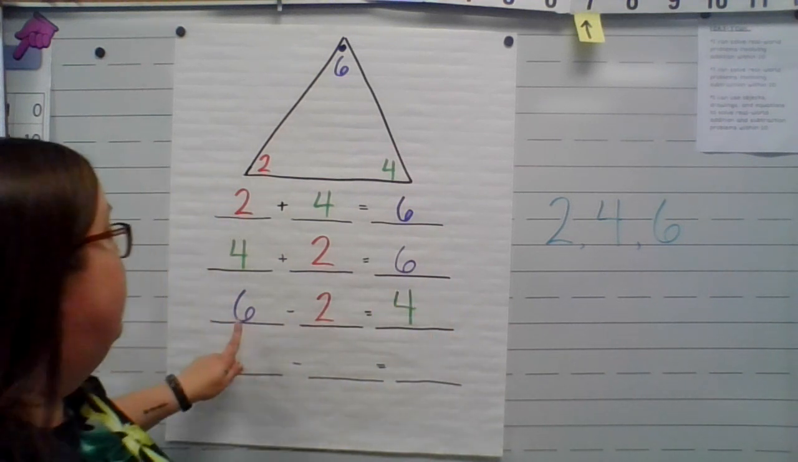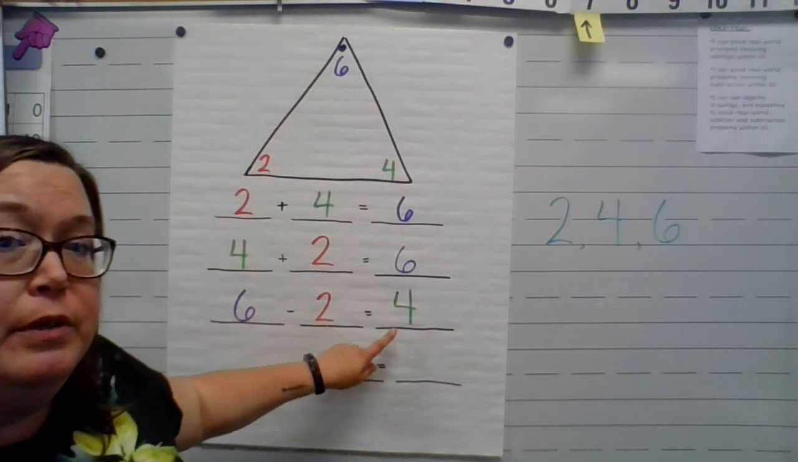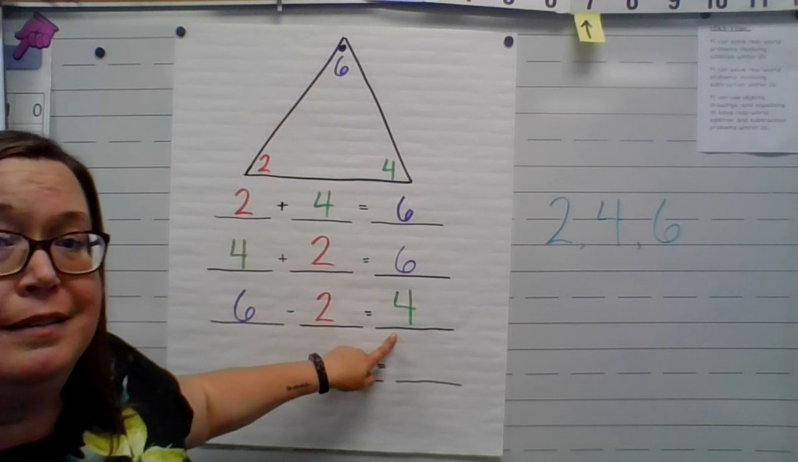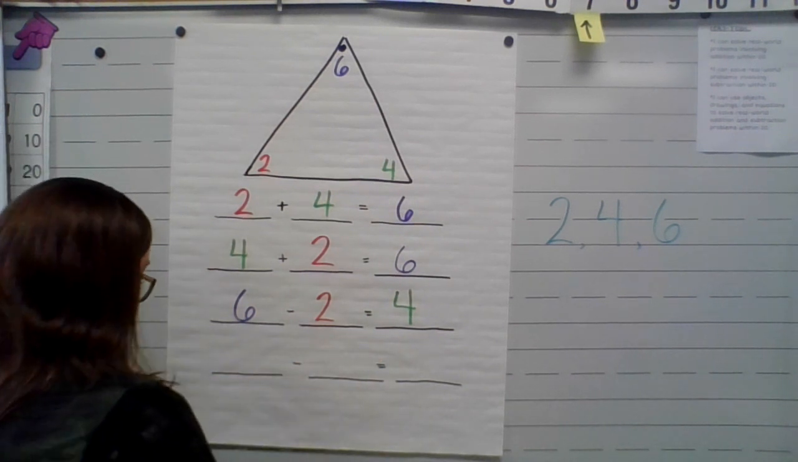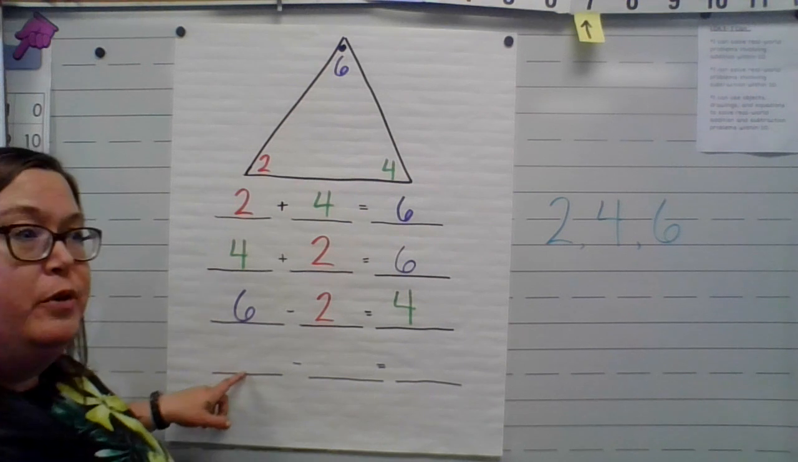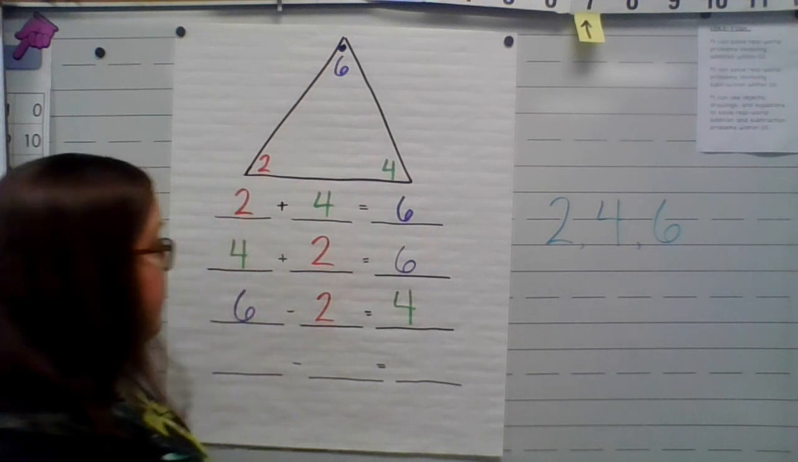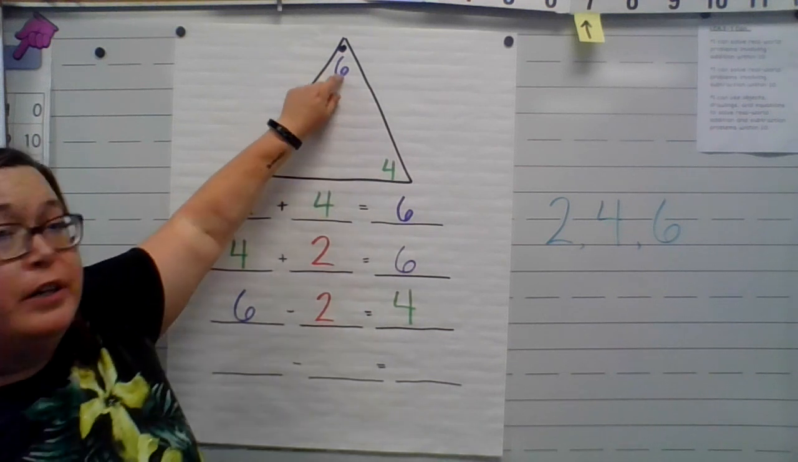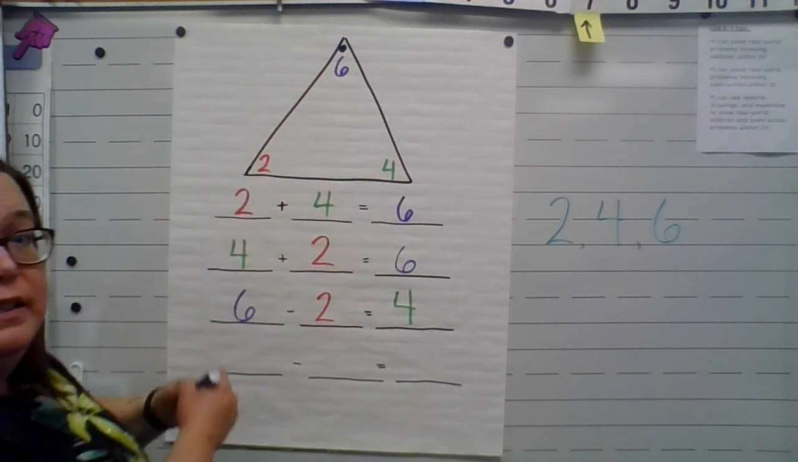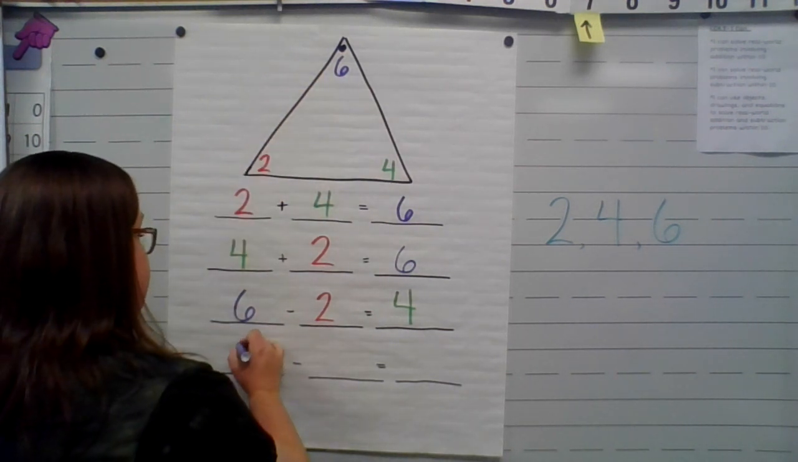So 6 minus 2 equals 4. Good. That leaves us with one more subtraction. We're going to subtract using the biggest number first. We always start with the biggest number. So 6,